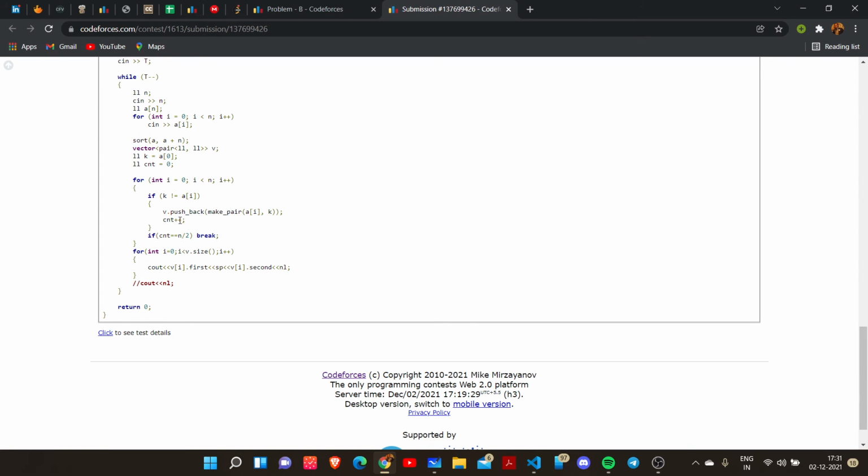We only have to print n by 2 pairs, so we won't run the loop till the end if we find n by 2 pairs before that. Whenever we find the count equal to n by 2, we break and we just print the pairs from this vector we have taken. So that was the code.